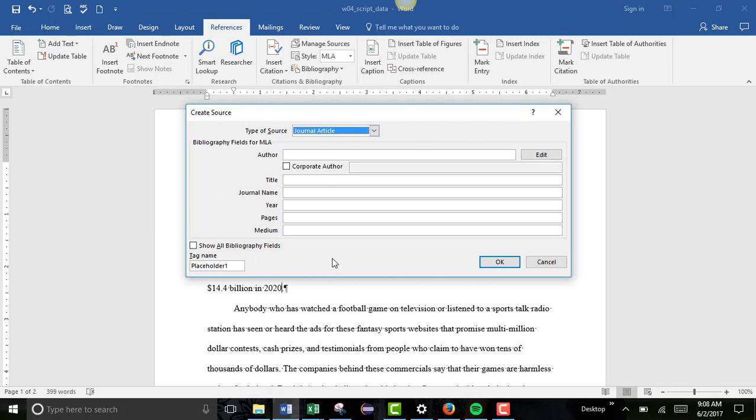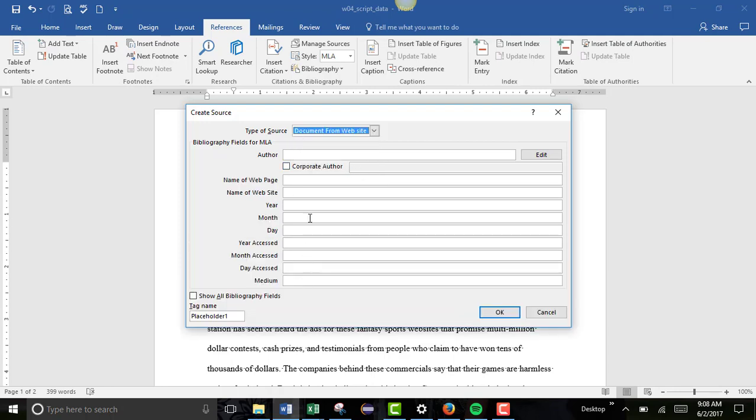Okay, and you can actually get to this as well from Manage Sources. But the first thing you're going to do here is pick what type of source it is that you want. In this particular case, I'm going to scroll down here because it is a document from a website. So there's website, document from website, article in a periodical, journal article, book. I don't need to read each of these to you, but which source you pick does change the fields that you have to enter. So I'm going to pick document from website,